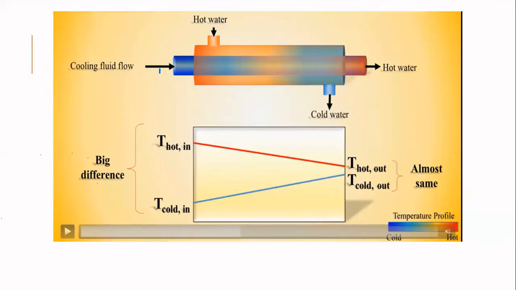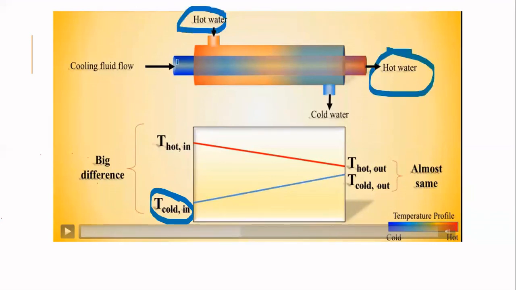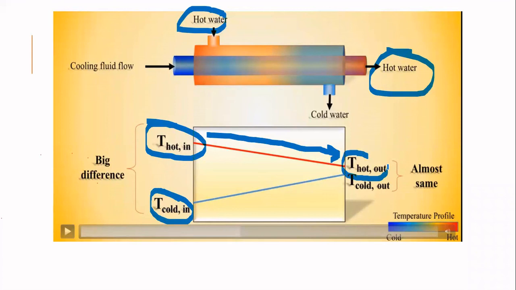Now here that's why we are writing that cold fluid is entering in. Here the fluid entering was cold, but once it is coming out, its temperature has been elevated. So that's why we are calling it a hot fluid over here. Here the fluid which was entering was hot, but across the length what is happening? Its temperature is going to drop down and hence we are calling it cold fluid now. Is this part clear?